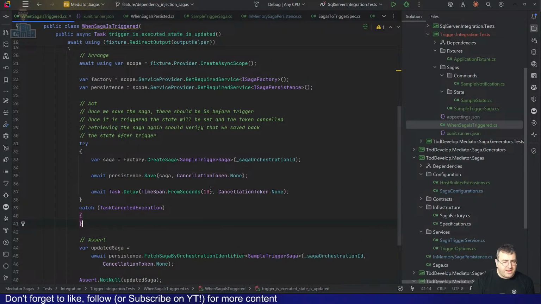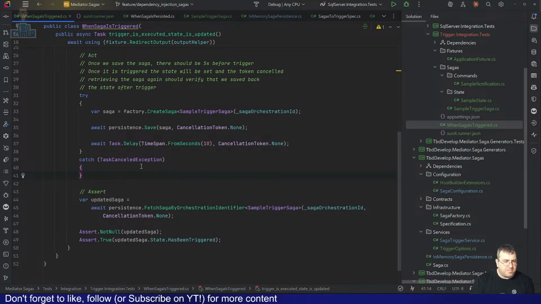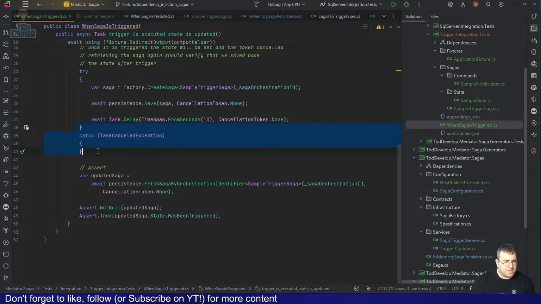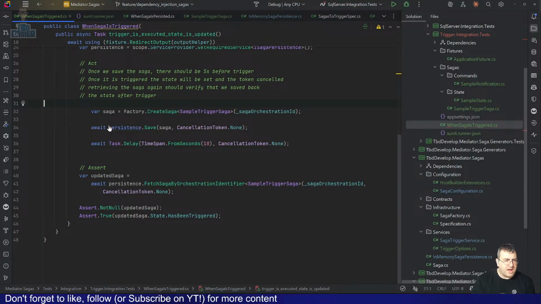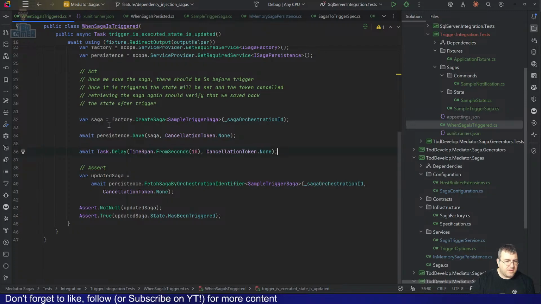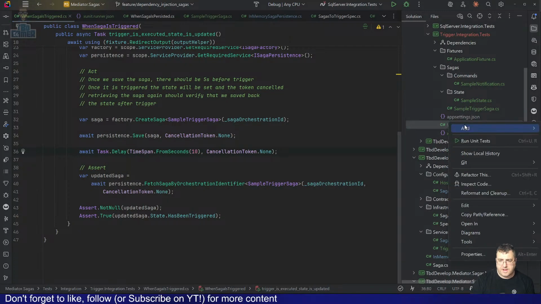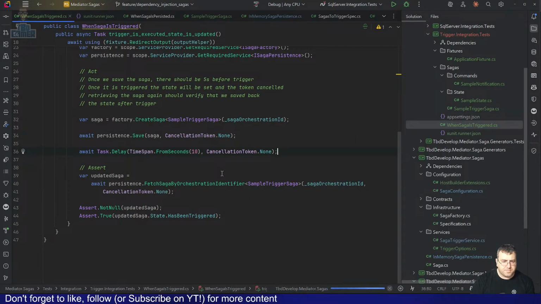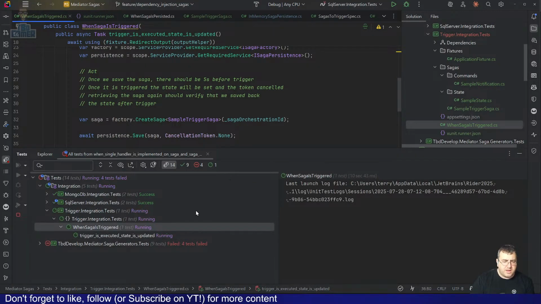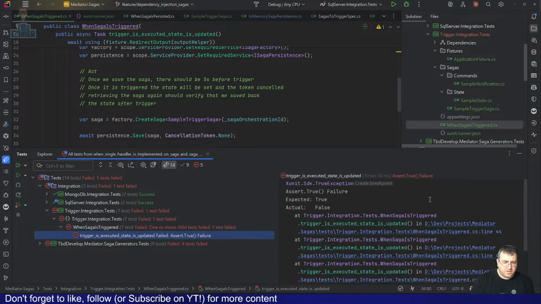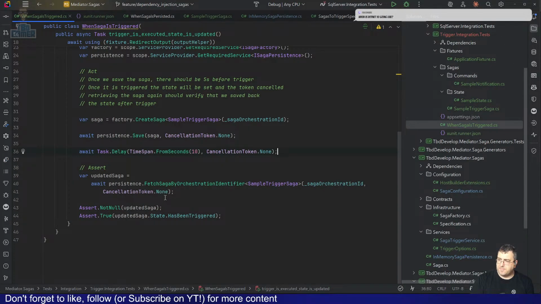So let's wait 10 seconds, and we don't need that try catch now. And then by that time, this Saga should have triggered. That's the concept. I do need to go in and understand why it changes the behavior of the service. What I'm trying to validate is